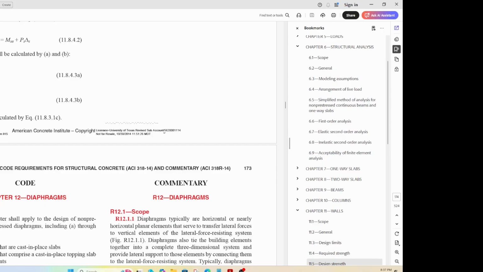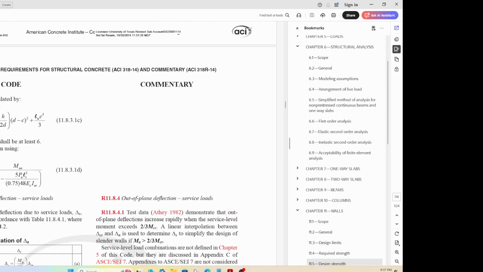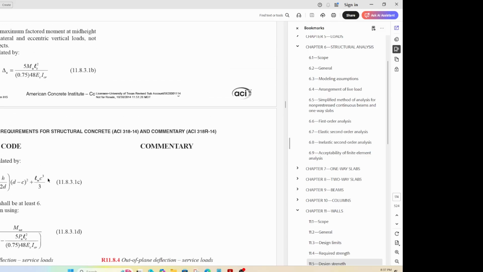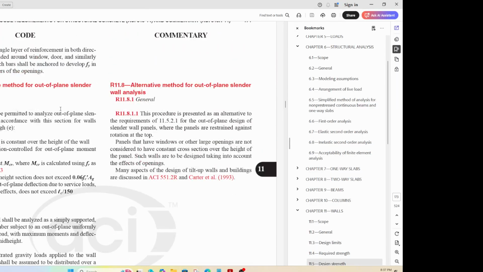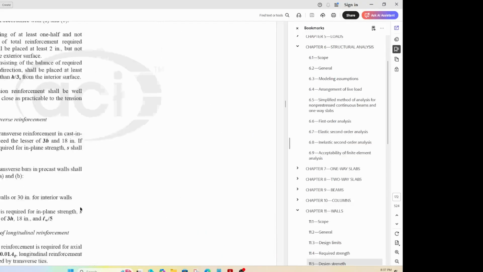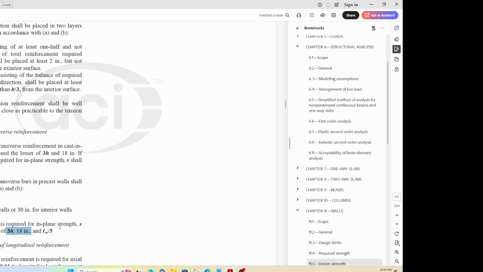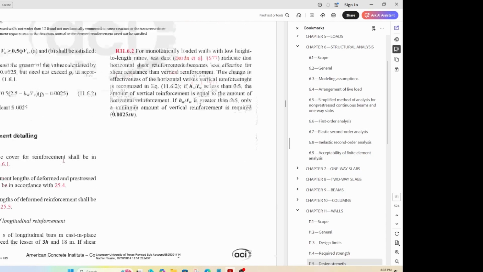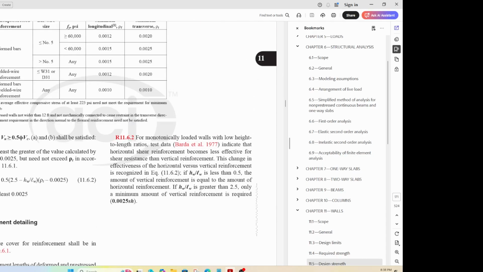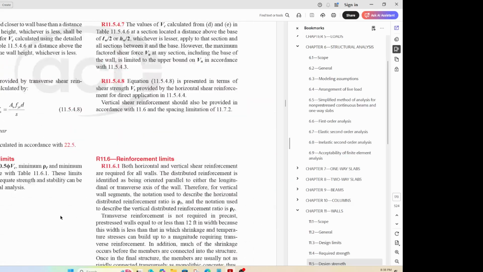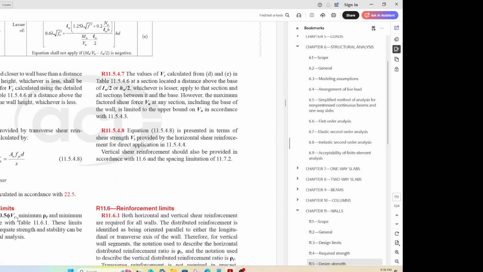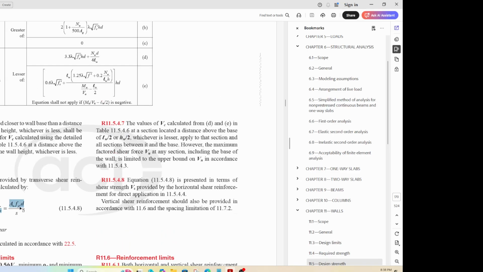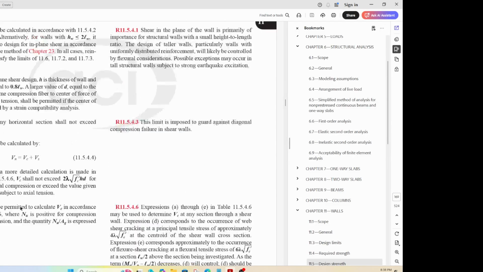So the next section is diaphragm. So we covered walls at length in this section, right? The main important thing is to correlate the symbol with the sketch. You know what h means now. If you suddenly see lw, you know what lw is now, right? You suddenly see a ρl, then you know what ρl is. Suddenly see a ρt, you know what ρt is, correct? If you see Vu and Vc, then you know what that is. You know what Vs is. We talked about that, right? And then